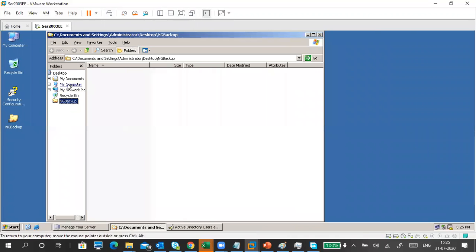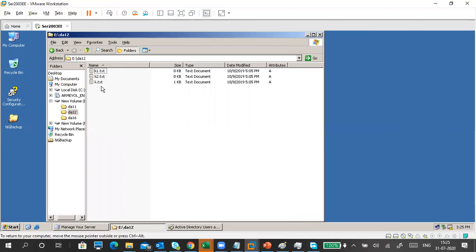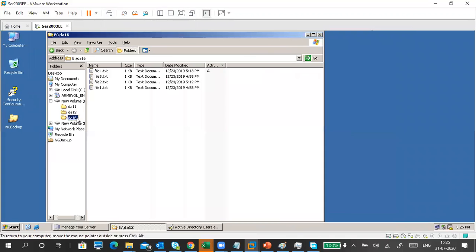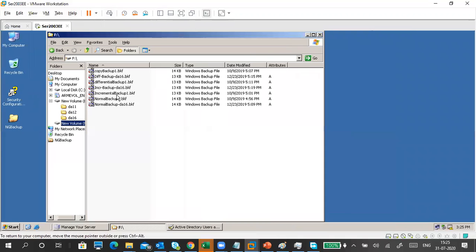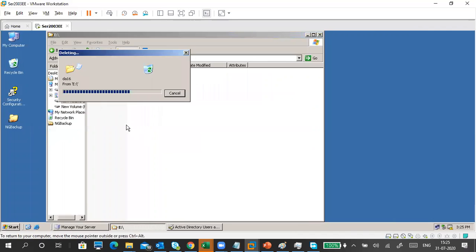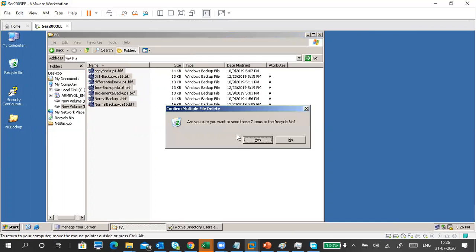Okay, this is our Explorer. And this is a location. Very good. Now I'm deleting all my previous data, and all my incremental and differential backups also.